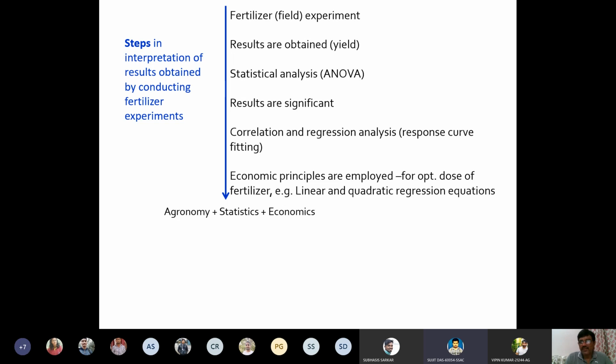So you are conducting fertilizer experiments with different doses of the fertilizer, or maybe methods of application combined with it, or anything you can combine. It can be in factorial mode also, or just simple RBD. So the fertilizer experiment is conducted and you get some results. You have different levels of nitrogen, say 0, 50, 100, 150, 200 and so on. And you have seen that the treatments are significant. The influence of fertilizer is significant.